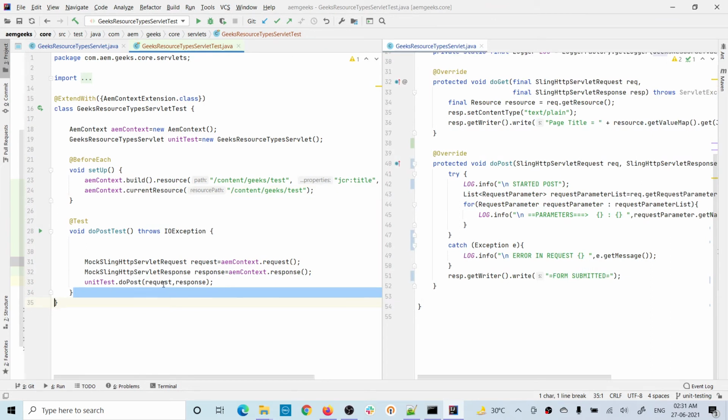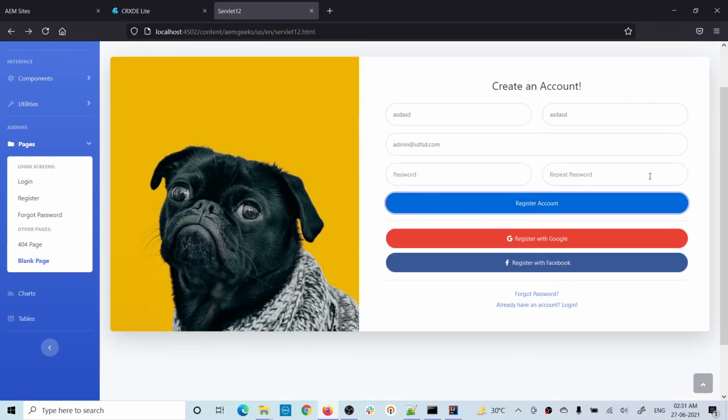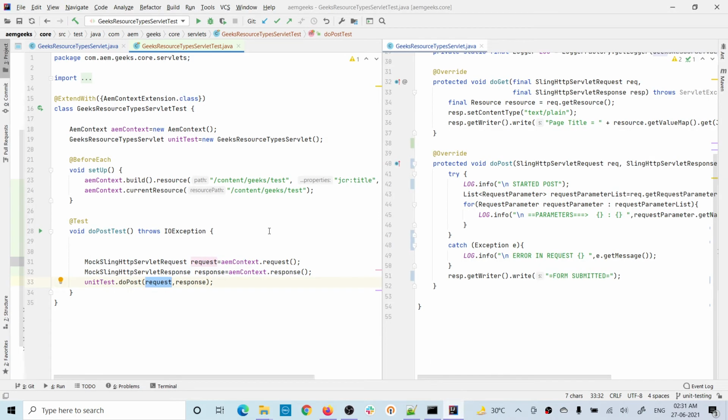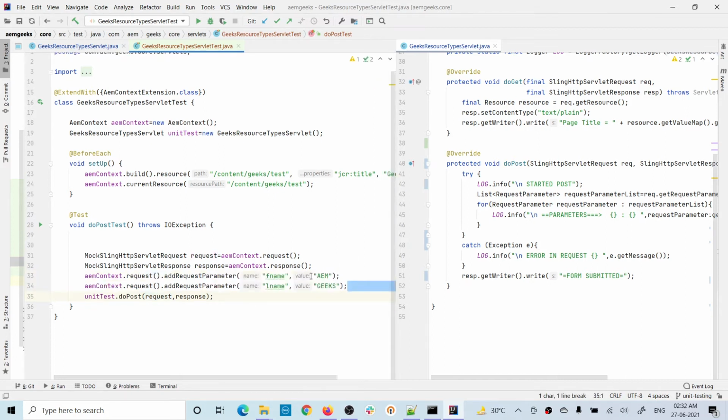Please understand, here you only provided a request, but in an actual scenario, the request contains the form data. Meaning when you submit this form, this form will go as part of the request. But here, we only provide a request object which does not have any form data, which this method is supposed to print. So you have to add dummy form data to this request. Here, if you see, I added the data to the request. You can use this request object.